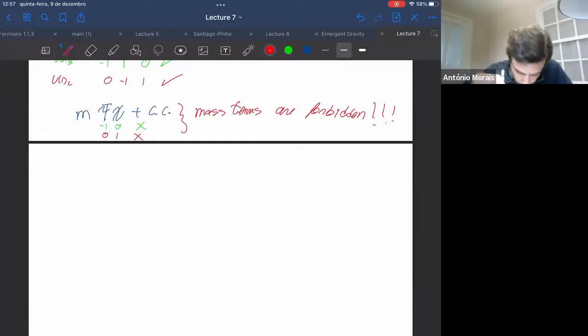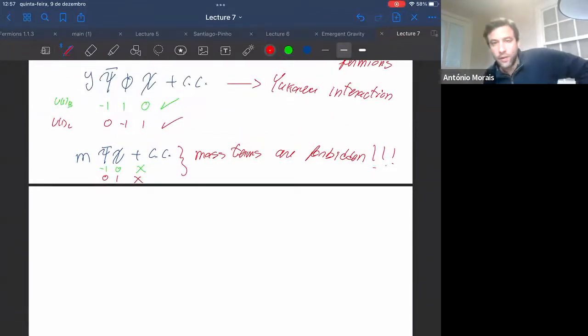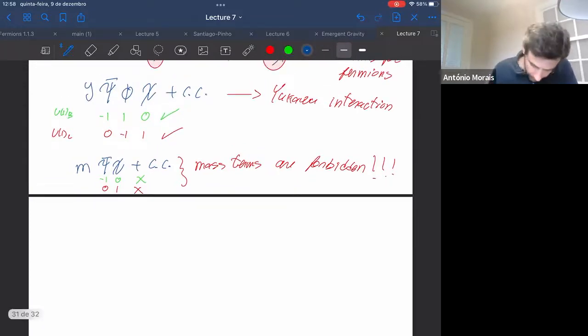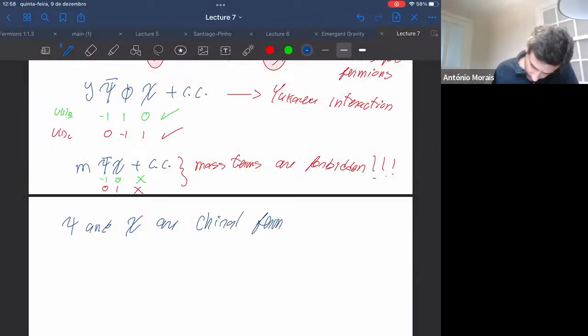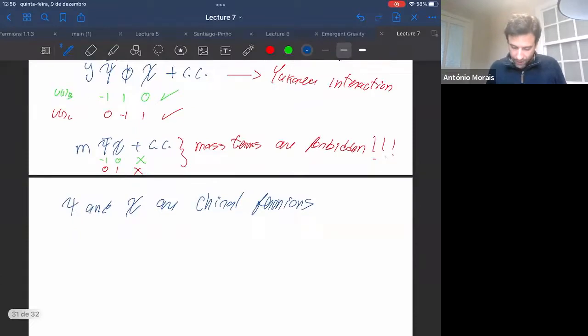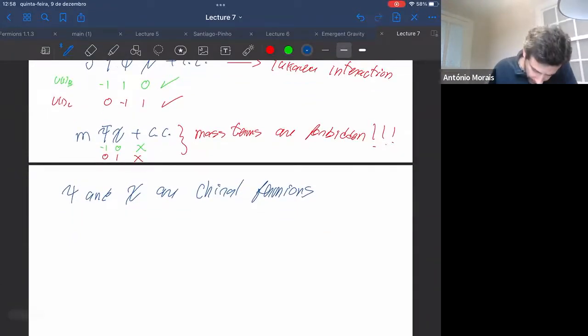And the homework that I uploaded last Tuesday goes along these lines. Also, you may convince yourselves of the following. Because psi and chi are chiral fermions, and we are using the Weyl representation for gamma matrices, if you define a Dirac spinor psi D, which is equal to psi and chi bar,